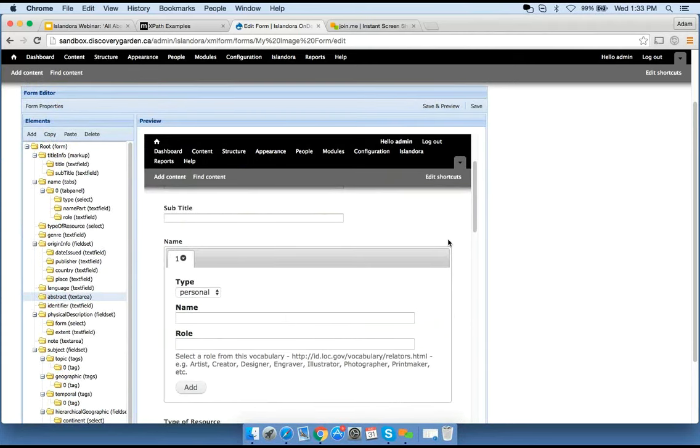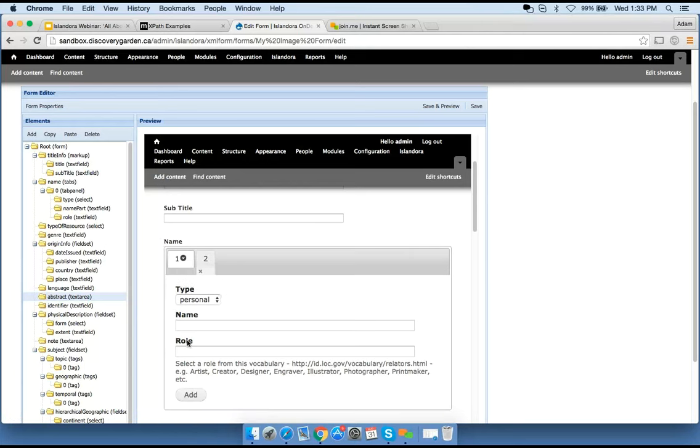This is a tab panel. A tab panel is pretty much what it sounds like, actually. It's a panel that allows you to place multiple tabs inside it. And each of those tabs essentially functions as a miniature form. So right now, this tab panel has one tab inside it that doesn't have any information in it. But if I click the Add button down here, I get a second tab